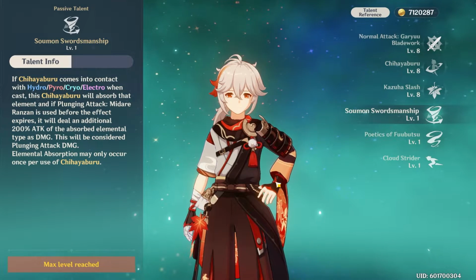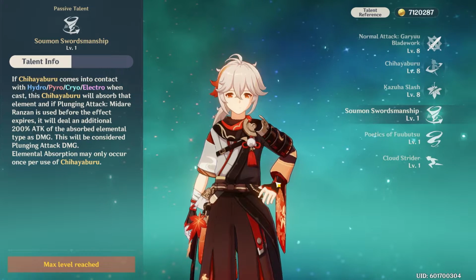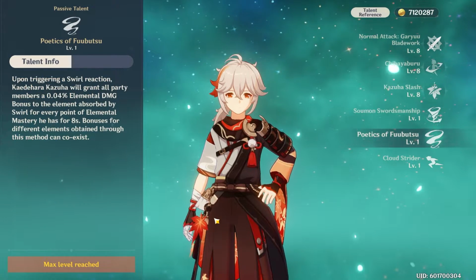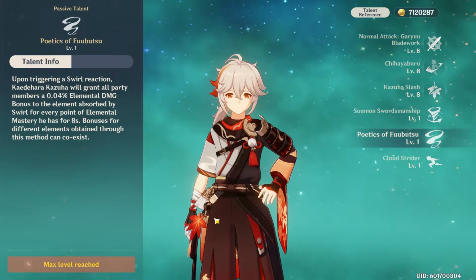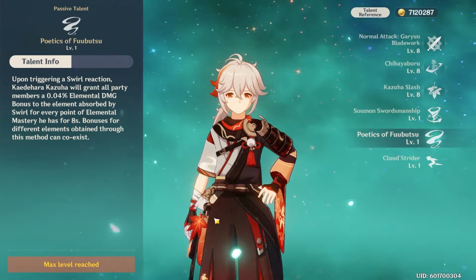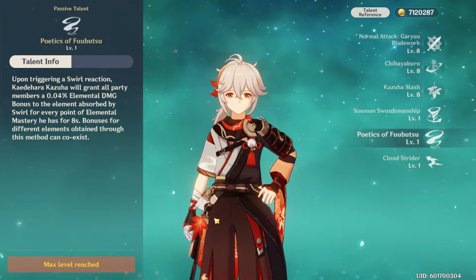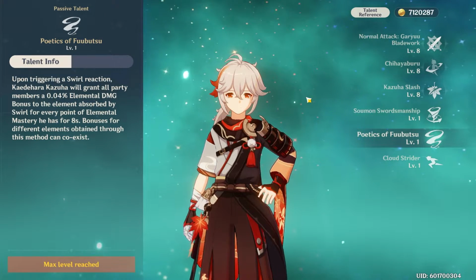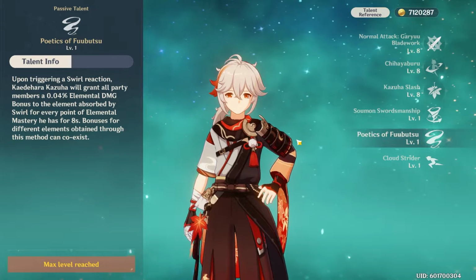And now on to the passives. His first passive, whenever his second skill comes in contact with any of the elements, it will deal additional damage of that element. His second passive, which is his biggest one, is whenever he does a swirl reaction with any of the elements, he will grant all party members 0.04% elemental damage bonus based on his elemental mastery for 8 seconds. Bonuses for different elements can coexist at the same time, but one important detail that you may not know